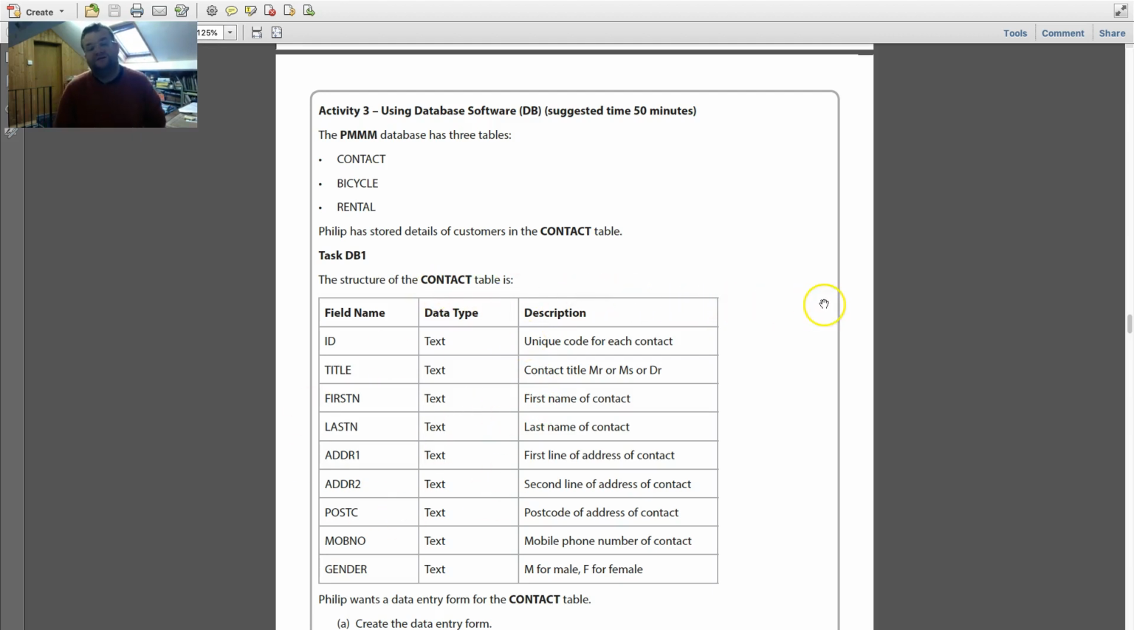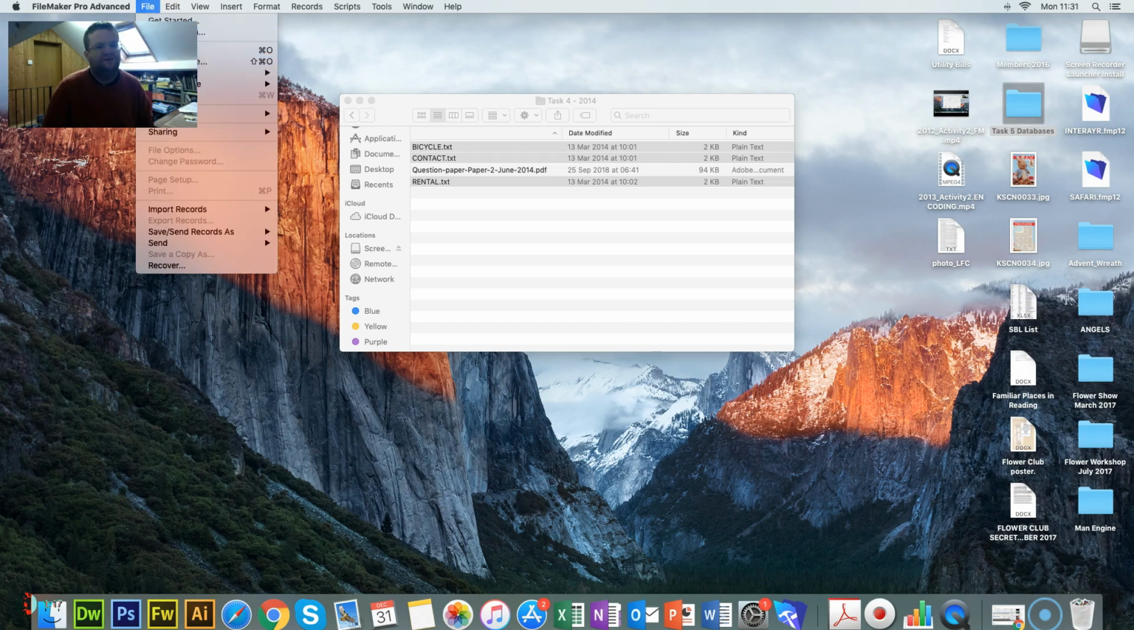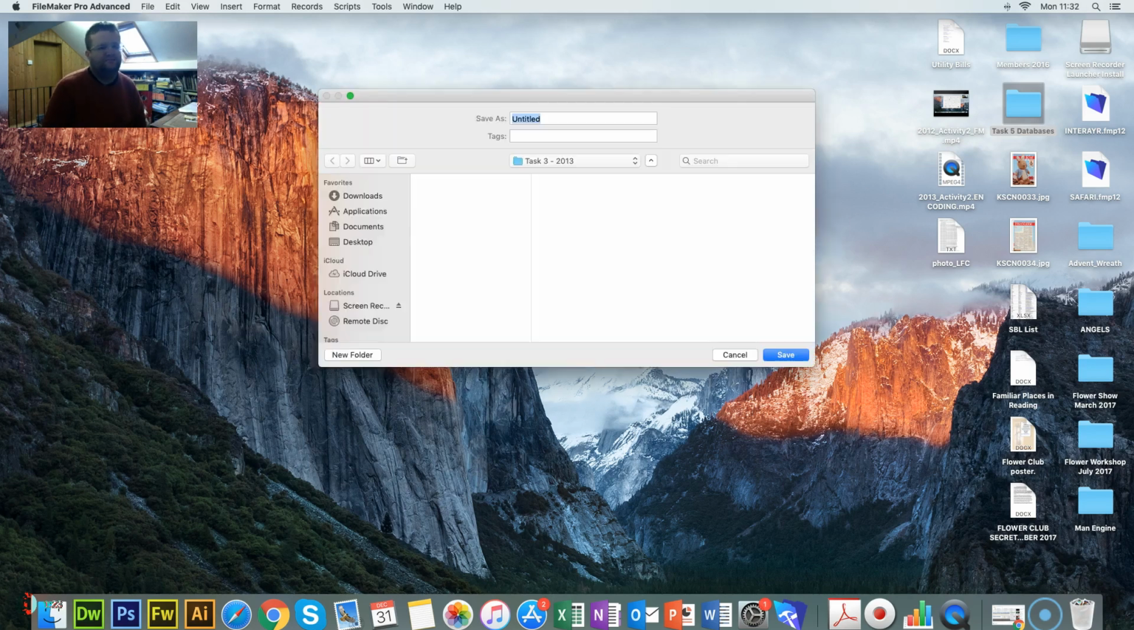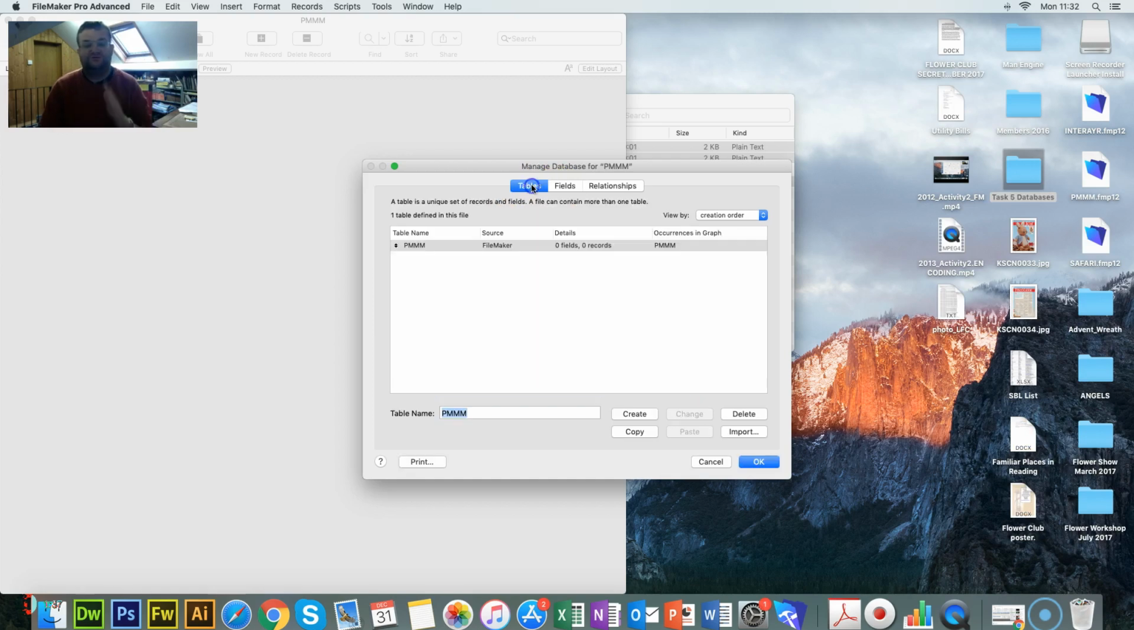So first of all, let's set up these three tables. Click on FileMaker Advanced, and we go to New Solution, and we're going to call this PMMM because that's the name that it will be called. Save this to desktop, and then we have to go and create the tables. The nice thing is you have your tables, your fields, your relationships. It's all linked together. So here I'll delete this table that they've created,